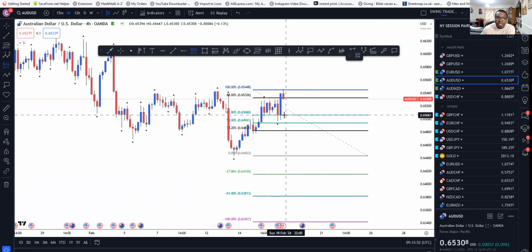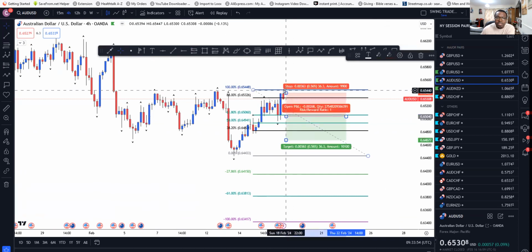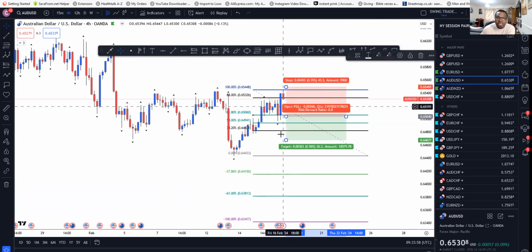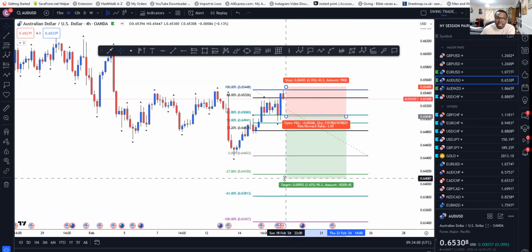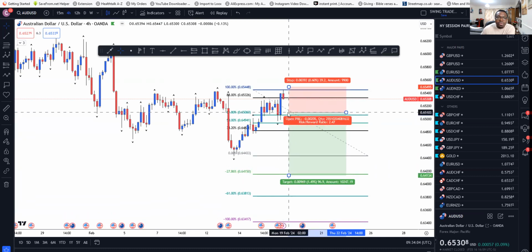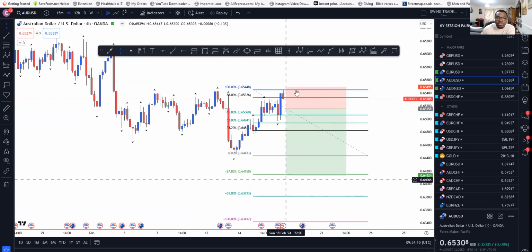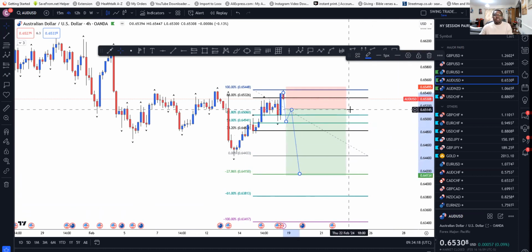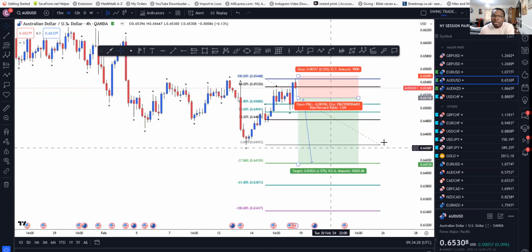So we're going to expect price to come back now and obviously give us that zone as our TP, and we're targeting this level, and we want to have a minimum 1 to 2. So 1 to 3 actually. So let's see, we have that. So that will be our entry zone. What I'm waiting for is price to break and then pull back into that zone and tag me in. Until that happens, I'm not getting in. So this is another setup on